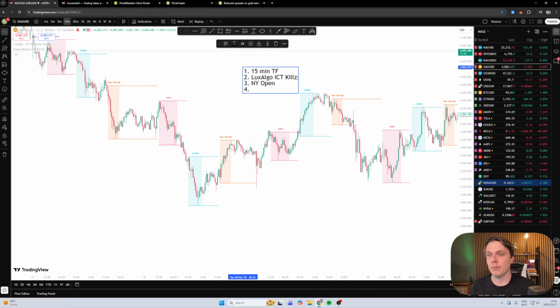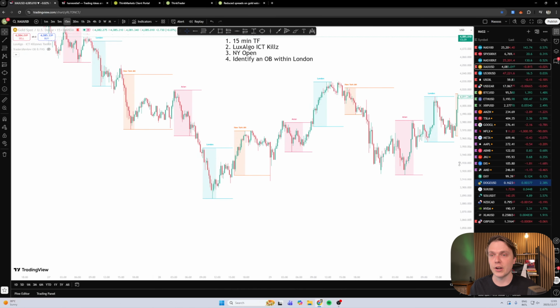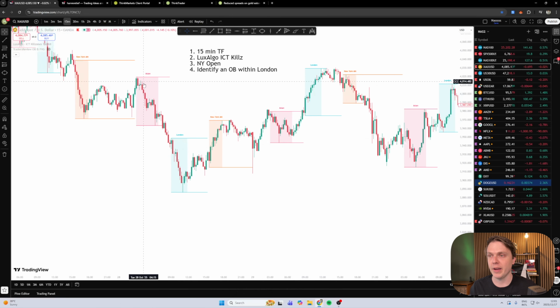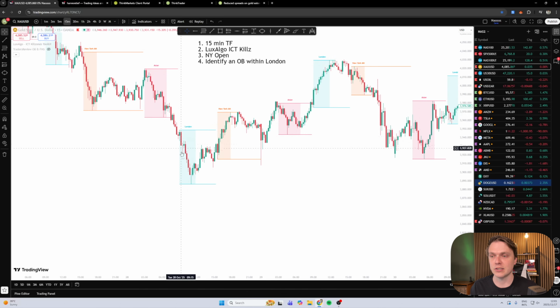Okay, so number 4 will be then to identify an order block within London. Okay, so we need to identify an order block in our London session. So let's quickly look at this example that we have over here. Okay, so we have Asian moving through here, Asian session coming to an end, London starting, and then we have our New York session starting here, South African time,